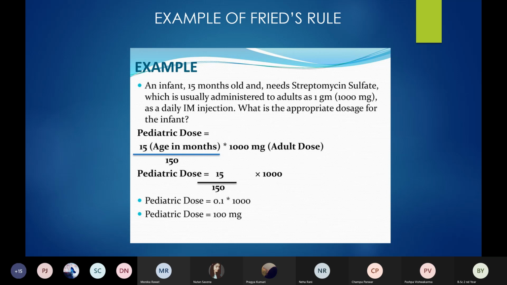So you see, by using this Wright's rule, we get the dosage amount. It is very simple and very helpful for calculating the dose we have to give to the baby. Whenever you read the question, if the age is in months, then you use Wright's rule. If the age is in years, then you have to use Young's rule. And if the baby's information is in weight, then you also have to use Clark's rule.